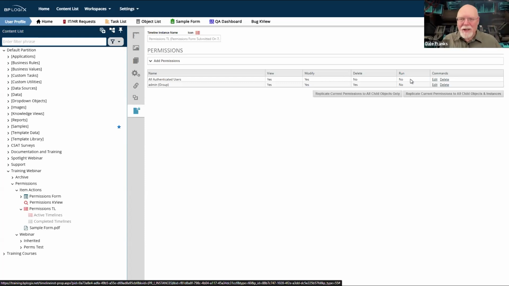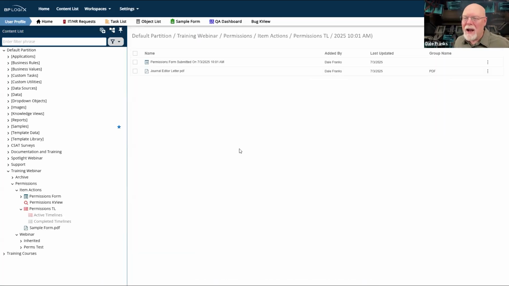We call them document attachments and process attachments. And we kind of show them to you in a hierarchical way in Process Director. For example, if we look at the timeline instance, it says timeline items. And if we open it up, it shows me the form and it shows me the journal editor letter that I just uploaded.